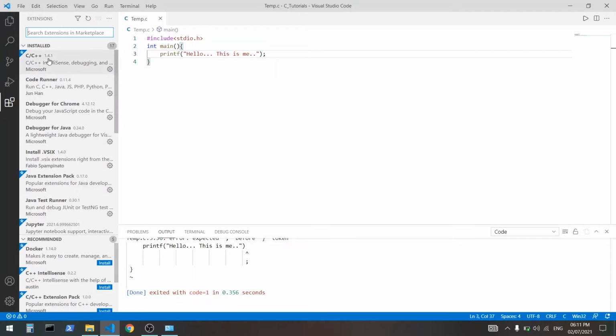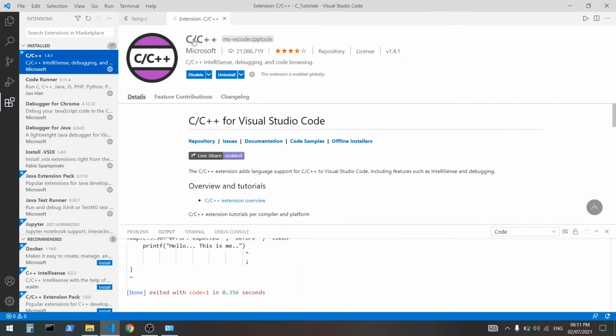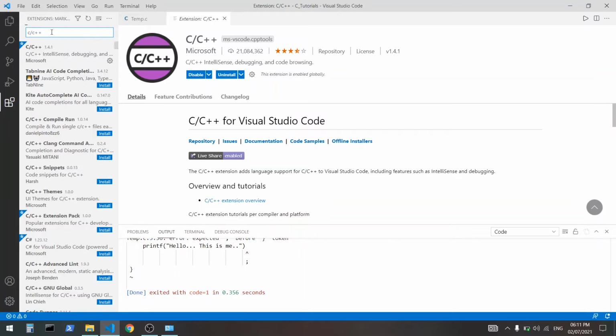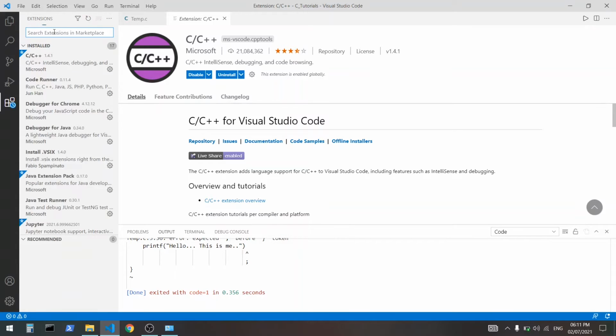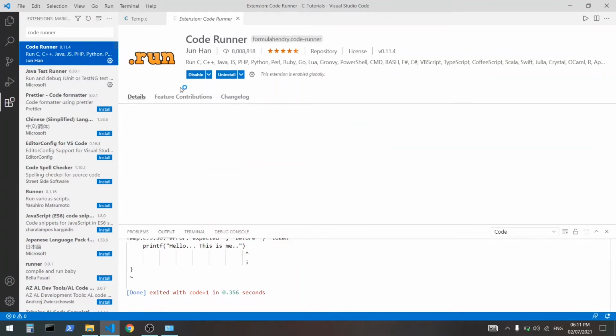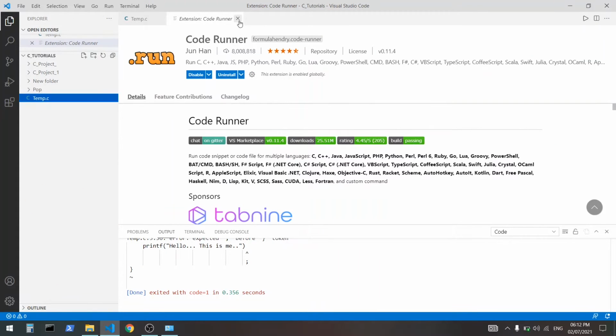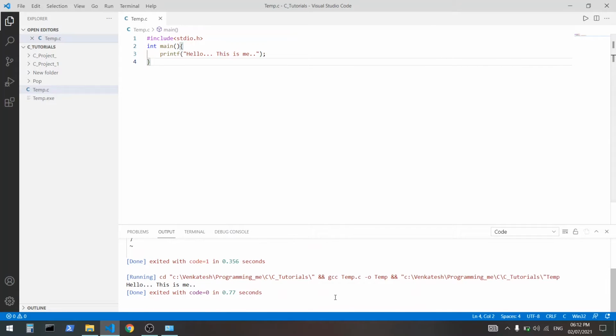You can download this extension for VS Code. It will be very essential for you to write programs more easily. The thing you have to do is search for the extension C/C++. It's from Microsoft, IntelliSense. You have to install this, and another extension is Code Runner. Just install it. It is very easy to install. It comes in very handy. So to execute a program, you can click on the run button. It will automatically execute and display the result.